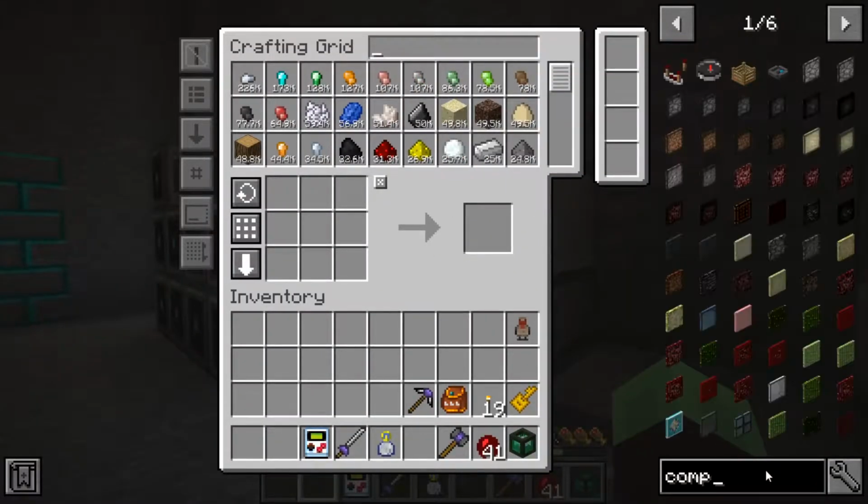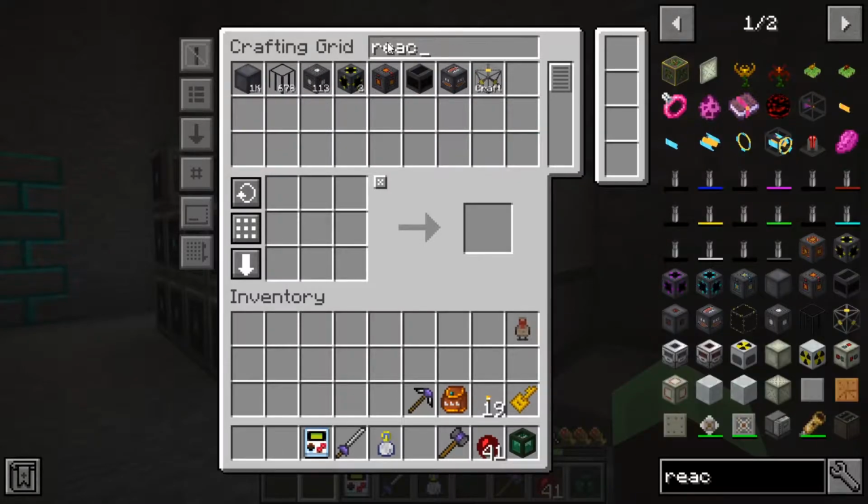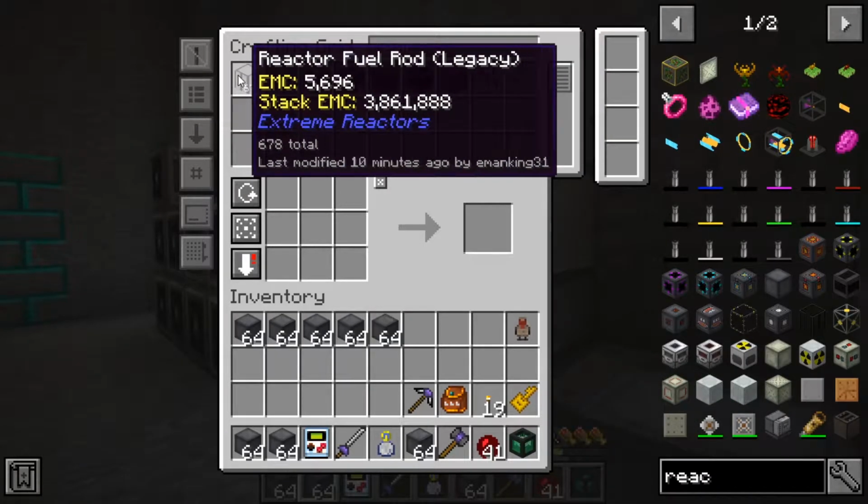I was going to program with a computer, but I don't think I'm going to go with something that complicated. I think I'm going simpler, which is the redstone route. So let's get our reactor. We need our casings, as many as...